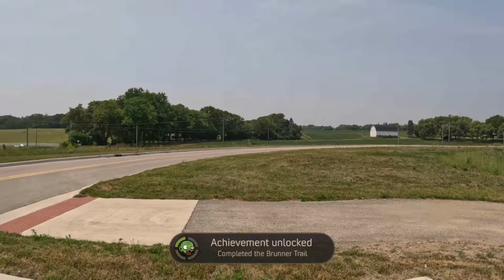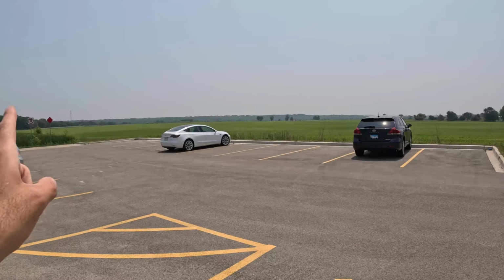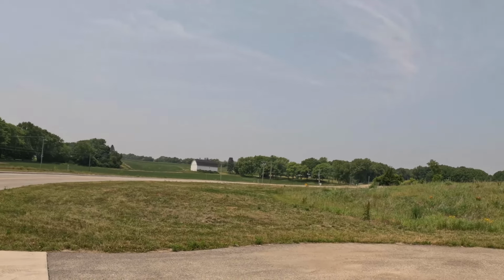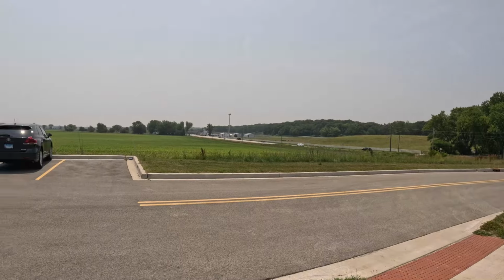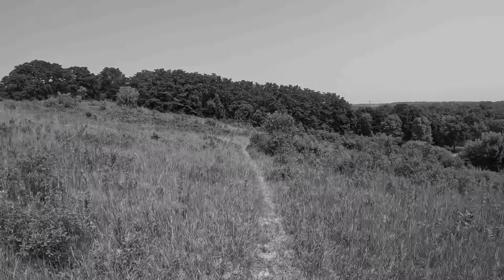All right, so that does it for the Brunner Trail. I'm right back here at the parking lot where I parked. I parked down this way, but again, there is parking down that way. I crossed through parking in order to get here. The ride was just over 12 miles, and from here, if you do what I did and went down and